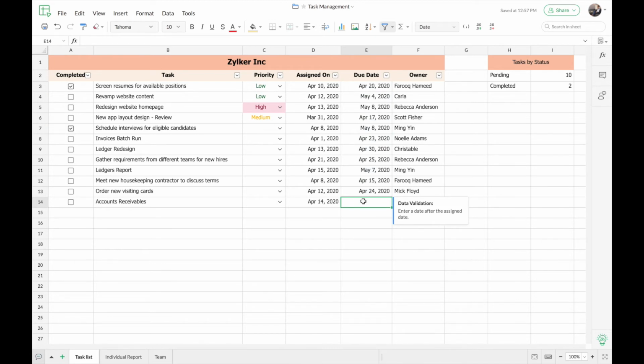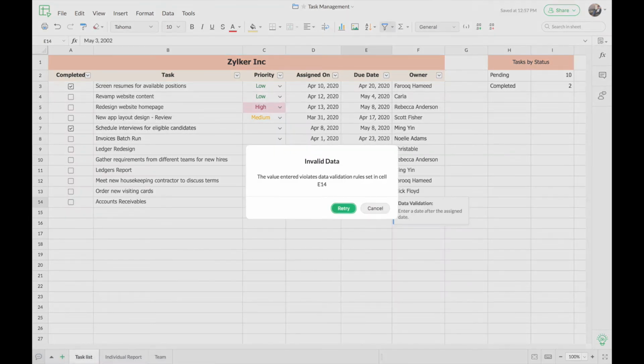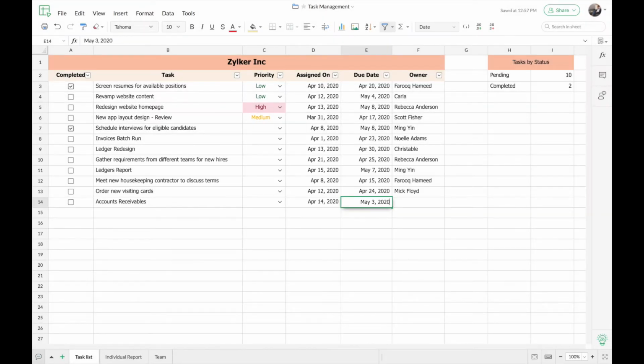You can see when I select the cell in that range, the help text is being displayed on the right. So now I'll just simply enter an invalid date. This is a very common typo that many people might make. Instead of 2020, I've written it as 2002. Now let's see what happens when I try to enter this invalid data into the particular cell range. You can see that a message is being shown saying that the value entered in that particular cell range violates the data validation rule that is set. You can also customize this pop-up message if you want. This way, when somebody accidentally tries to enter wrong data into the cell range, they'll be given an alert.